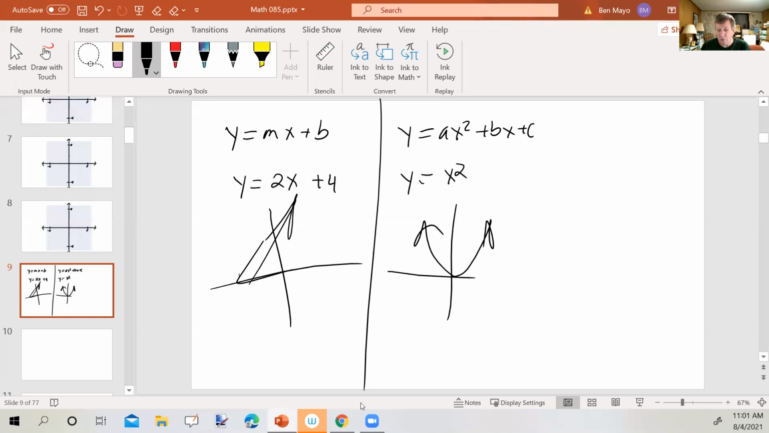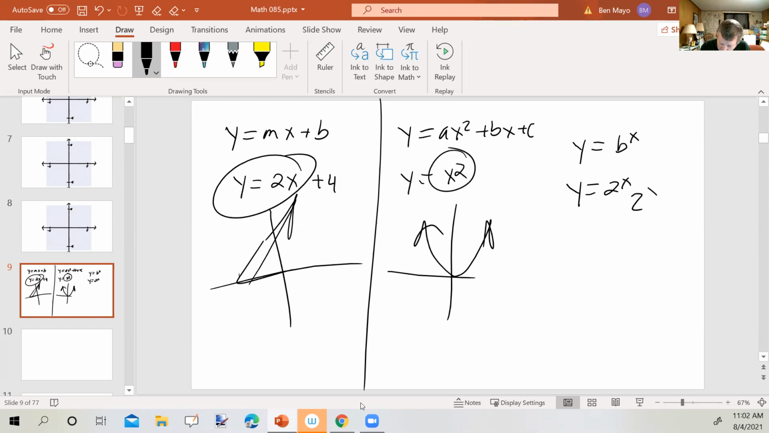Today we're going to look at a new kind of function called an exponential function. They will be in the form of y equals b to the x power, where the exponent is the variable. Okay, so like y equals 2 to the x. So instead of 2x, which is linear, x squared, which is quadratic, 2 raised to the x power, which is